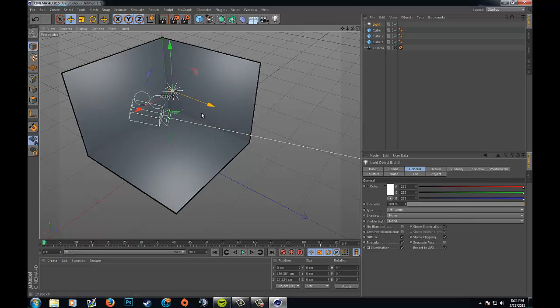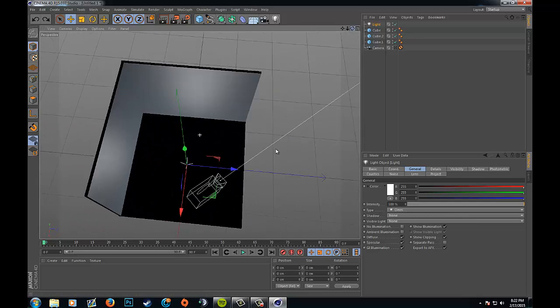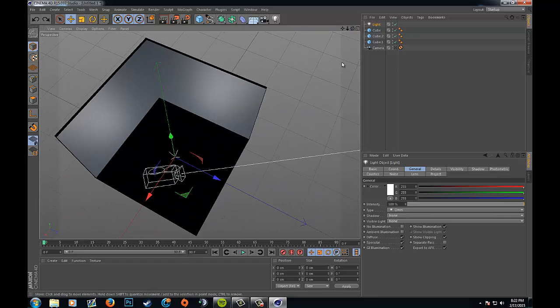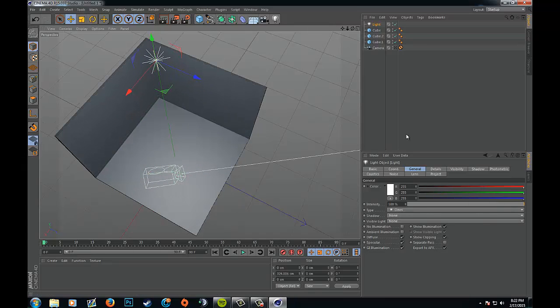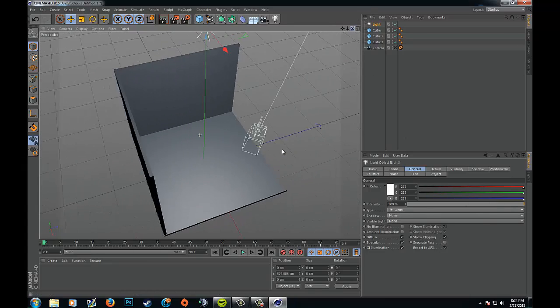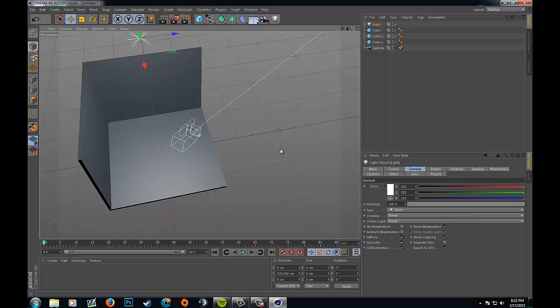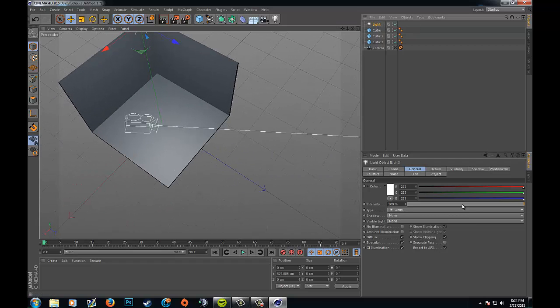This first light is going to be kind of the overhead light. So you can see I started it, and since we've centered our box on our sort of plane area in Cinema 4D, we can just pull it straight up and it'll be directly above the middle of the room. Now something around there should be good. You just want to have it over your scene, and we're going to change the intensity down a bit,